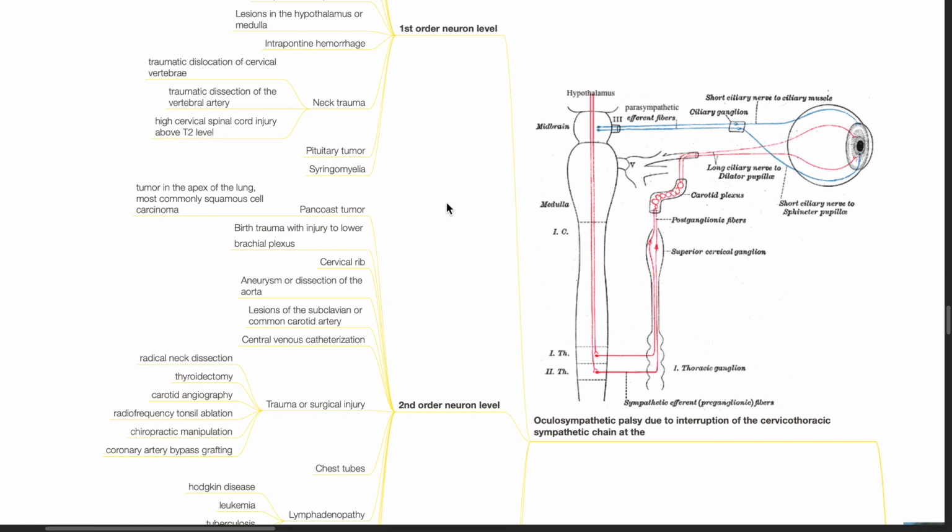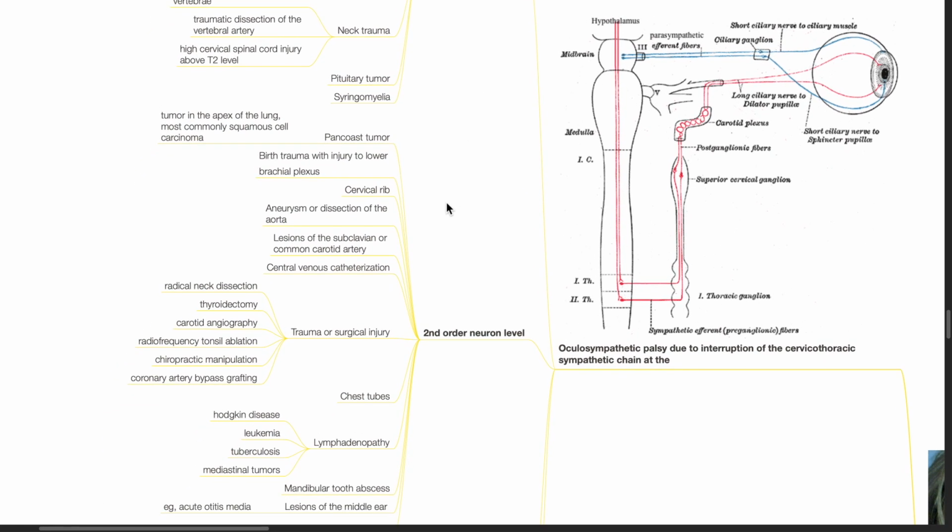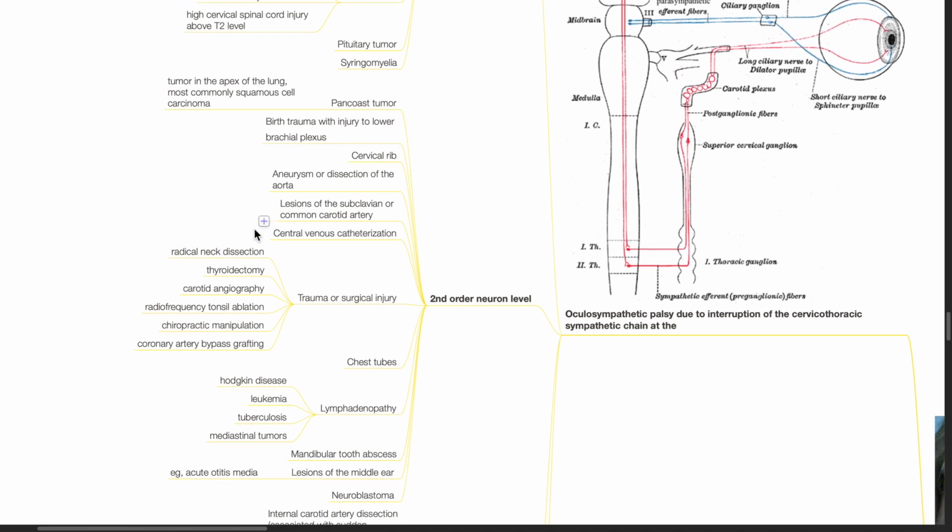Causes of second-order neuron damage include Pancoast tumor, a tumor at the apex of the lung, which is most commonly squamous cell carcinoma, birth trauma with injury to the lower brachial plexus, cervical rib, aneurysm or dissection of the aorta, lesions of the subclavian or common carotid artery,